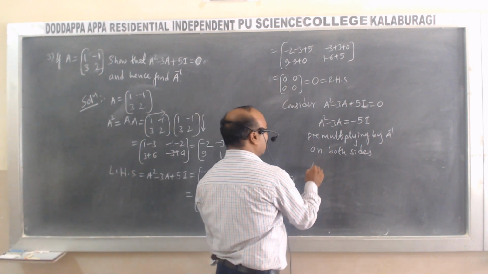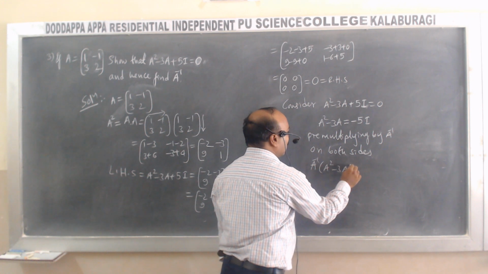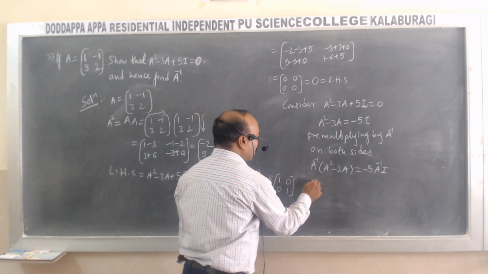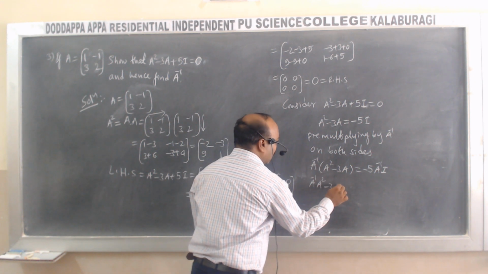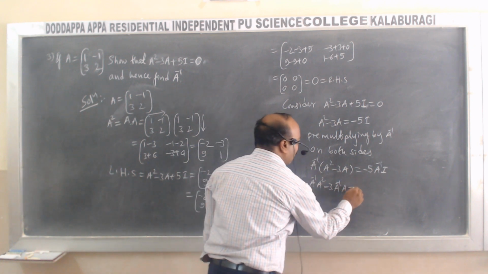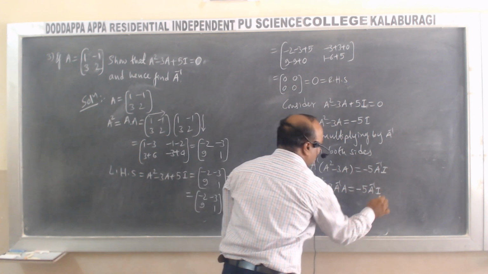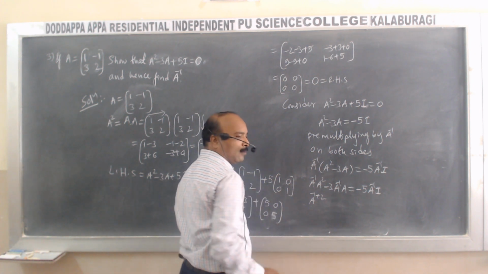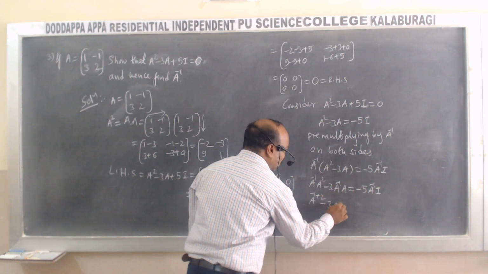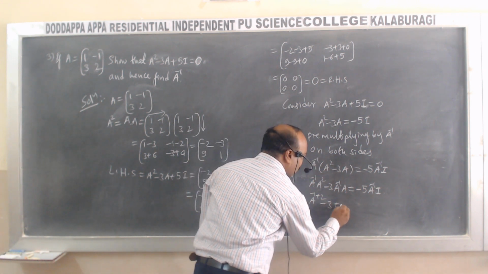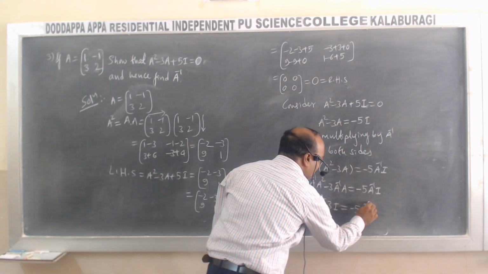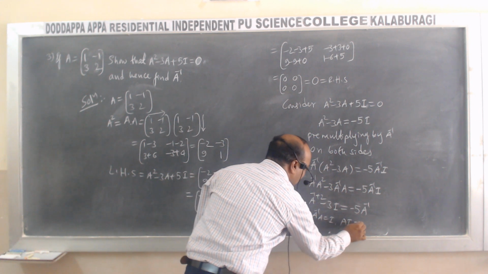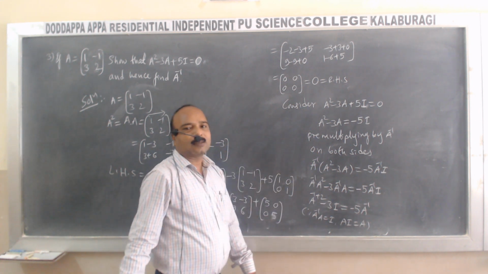Then we get A inverse into A squared minus 3A equal to minus 5 A inverse into I. Now we multiply with these two elements: A inverse into A squared minus 3 A inverse into A equal to minus 5 A inverse into I. Now similar to the previous result, A power minus 1 plus 2, A inverse into A equal to I, and minus 5 A inverse into I is A inverse, because again we are using A inverse into A equal to I, A into I equal to A. Again the indices formula, A raised to m into A raised to n formula.